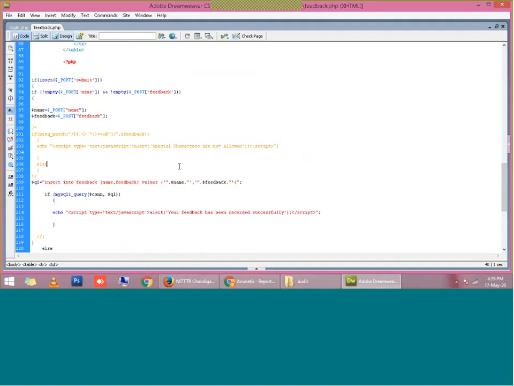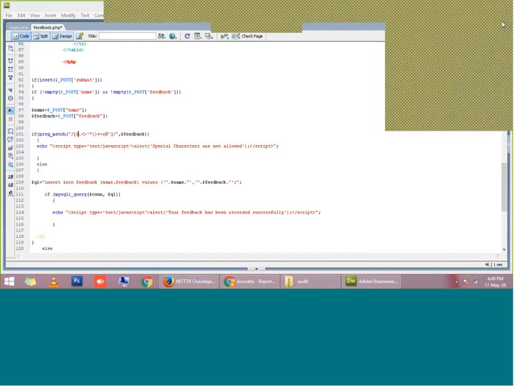Before inserting the feedback values into the table, I have to filter or sanitize the input, right? So how can we sanitize the input? I will use a function called preg_match. It is a small function of PHP. preg_match means matching a pattern: in the entire paragraph we search for these types of characters. Whatever characters you want to filter, you can put here with slashes. I want to filter this bracket sign, dollar sign, all these characters from my feedback.